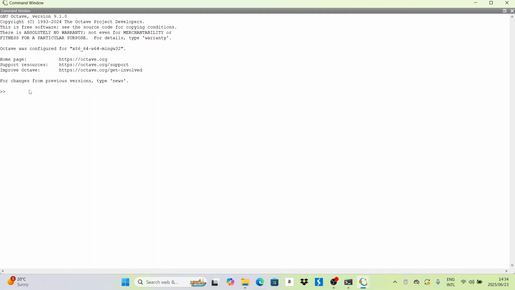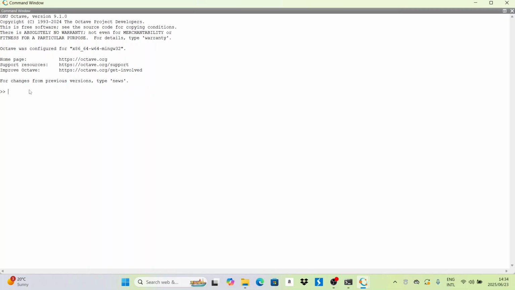On today's lesson we'll be doing a lesson on how to plot a graph with a mesh. So we'll be plotting a graph with a mesh of z equals sine of the square root of x squared plus y squared, all over the square root of x squared plus y squared.